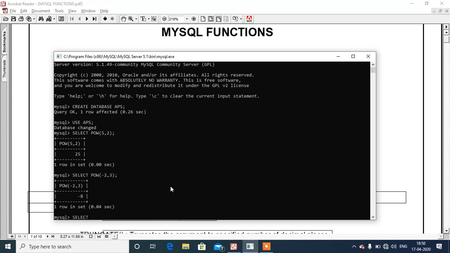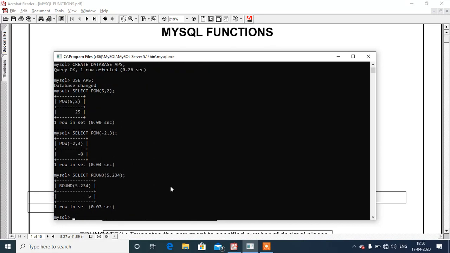Select round bracket 5.234 semicolon, it will give 5 as a result, and if we write select round 5.234 comma 2, it will result in 5.23. You can see the difference here.